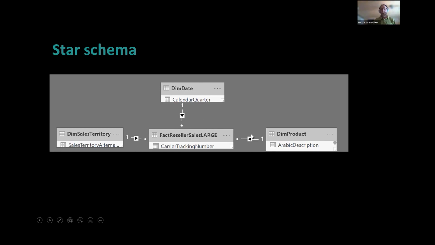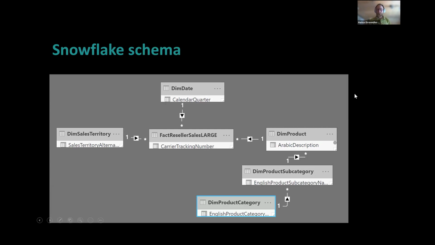That's a star schema. And again, a term not invented by Edgar F. Codd, but a term invented by Ralph Kimball. They also came up with, I think, sometimes weird explanations of weird terms. So with a little bit of fantasy, you could see a three-pointed star in here. Yes, I know, it's really hard to see. But as opposed to the star schema, the snowflake schema would be where the points of the star could split, not all of them necessarily, but maybe some of them. Then we call it a snowflake schema. And the difference here is that one of the dimensions is still normalized. So we have the category, the subcategory, and the product table in different tables.